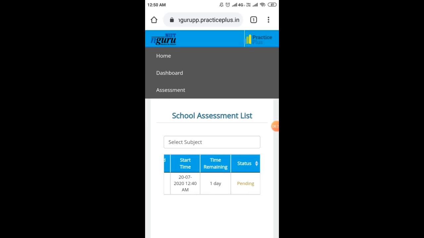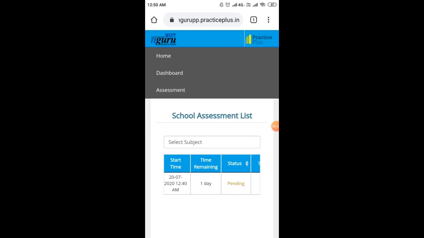If it is on the same day, then it will show as 0 day. If it is not, then it will show the duration in days. So I have 1 day of time to give my test.